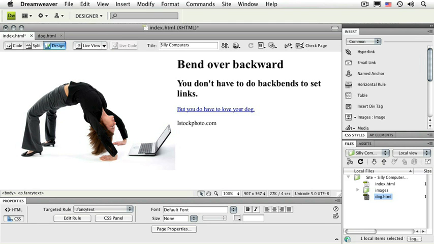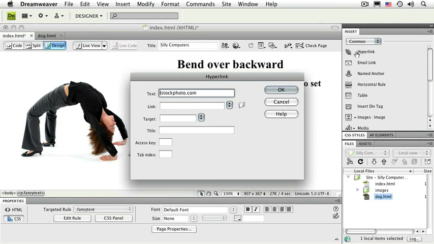Now again, you can link any text you want or an image using this process. You'll simply select the text you want to link, and again I can click on the hyperlink box. In this case, the text will already be there, and I can just type the link into the link field. Now notice that I typed the